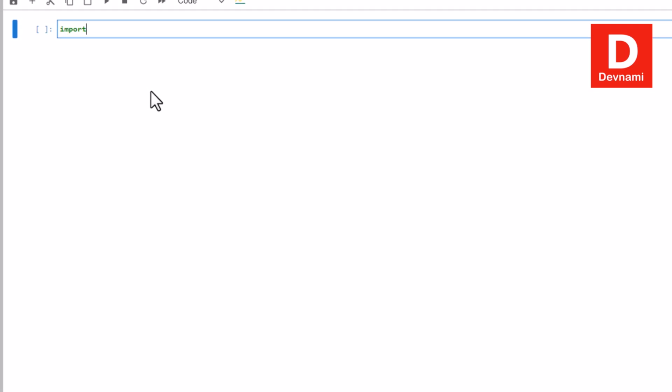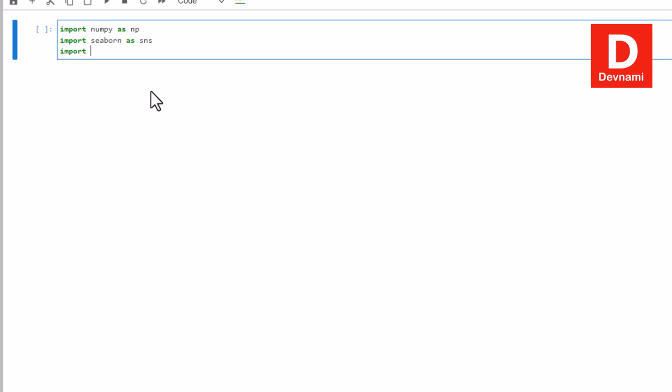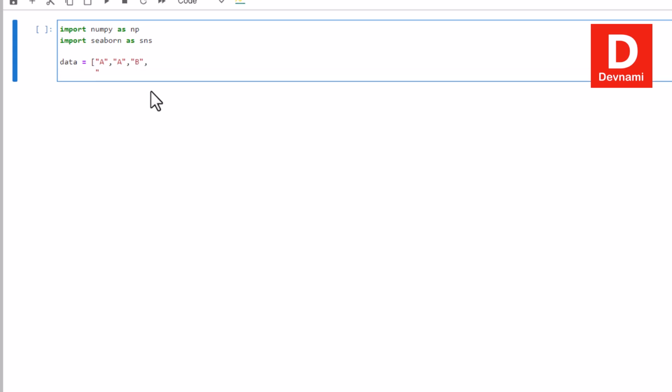Then we will have import numpy as np and import seaborn as sns. You can also import random if you happen to use random data, but we don't need that for now, right? So let's say I have data of around 3 values, with, let's say, A, B, C. I can use A 2 times, then I have 3 values of B, and then finally C,